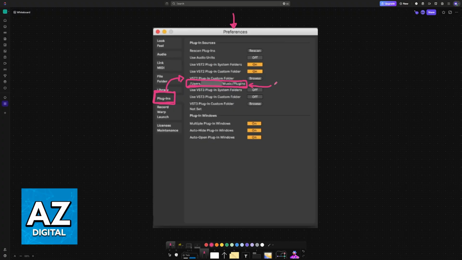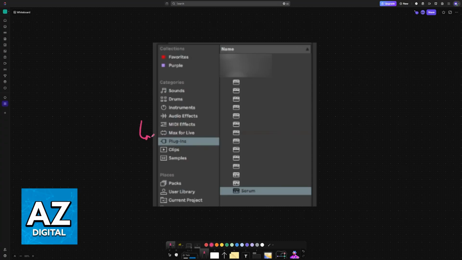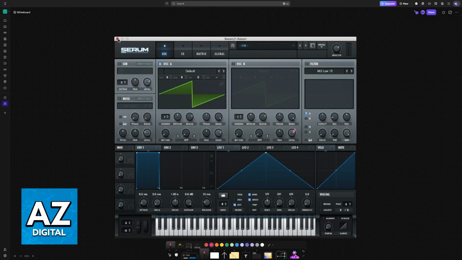So all that you would have to do in this case is to grab any VST files, which are the plugins themselves, and drop these files inside of the plugins folder here on this exact location. Once it is done and you run Ableton, it is going to read the VST files that you drop, either VST2 or VST3, read them and add the plugins. So now under your categories, you will find plugins. You can choose it and then find the specific plugin that you loaded, in this example Serum. You can now double click that plugin, an interface will open, and now you are ready to use it.